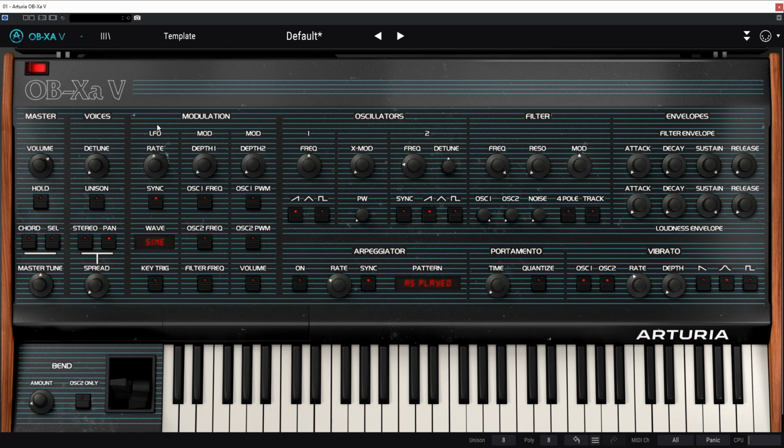Now let's see how to use that LFO and modulate oscillator 1 frequency. First we'll click the button here. Next we'll set the depth all the way to the right and play a note. As we increase the rate, we can hear the difference. Well, of course, if we're using it in free Hertz mode, then it will be much smoother when we are changing the rate. Let's go back to the defaults now